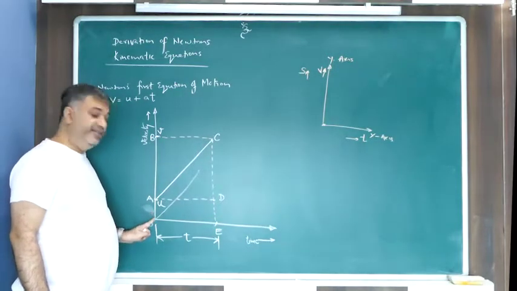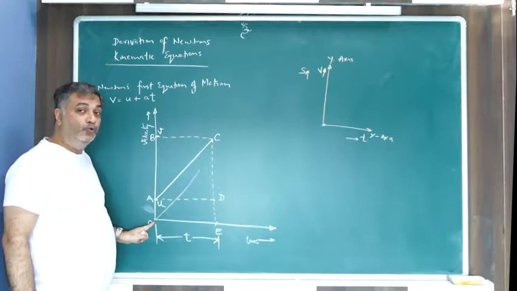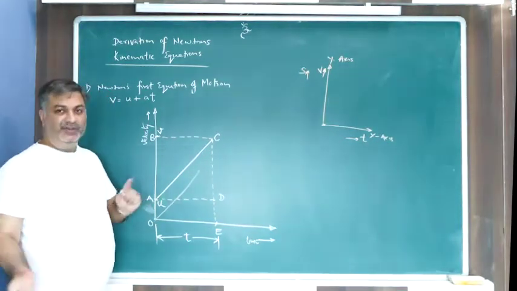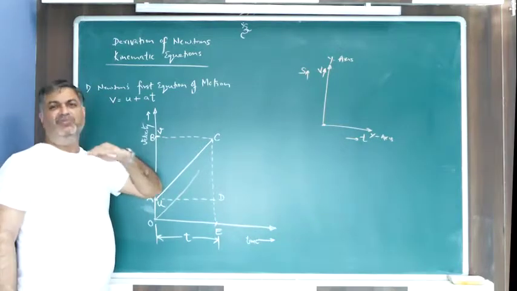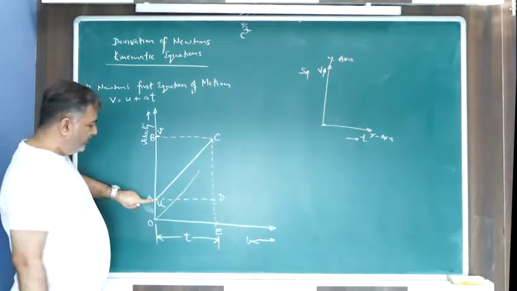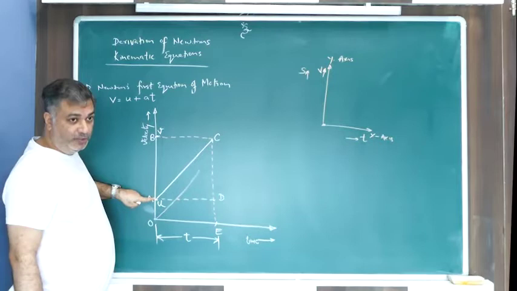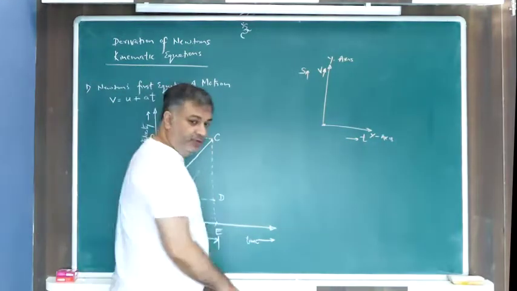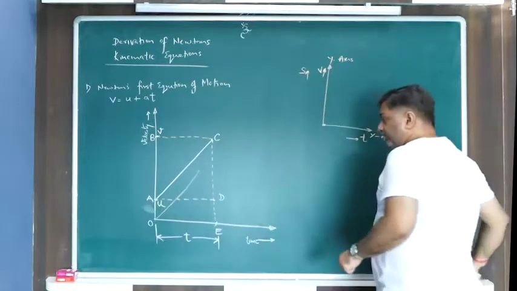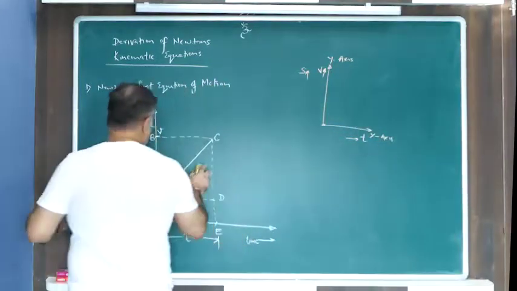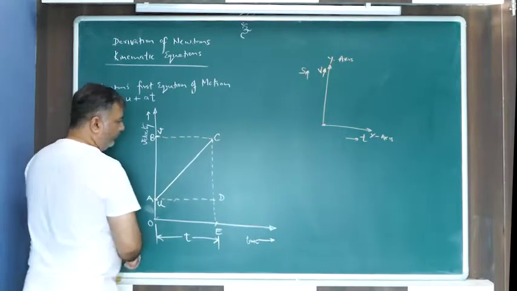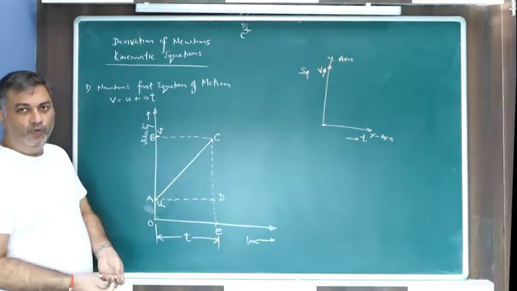So the body started its motion from the origin, 0, meaning it started from rest. In our case it is not starting from rest; it is starting with some initial velocity u. That is why we have to start somewhere above 0, above the origin, not at the origin. Clear? You have to bear this in mind, and there may be questions asked in the exam based on the diagram, so you should know this. So after this basics, let's go forward.